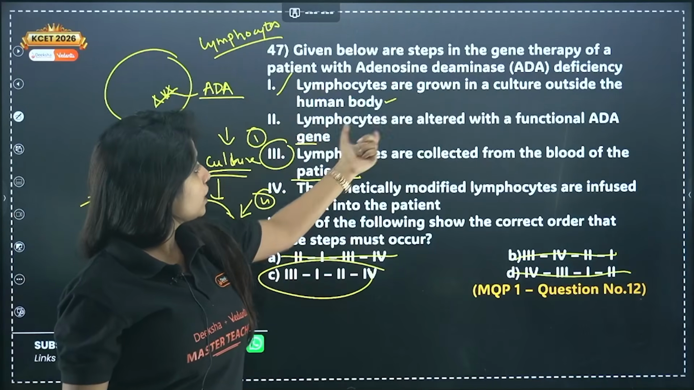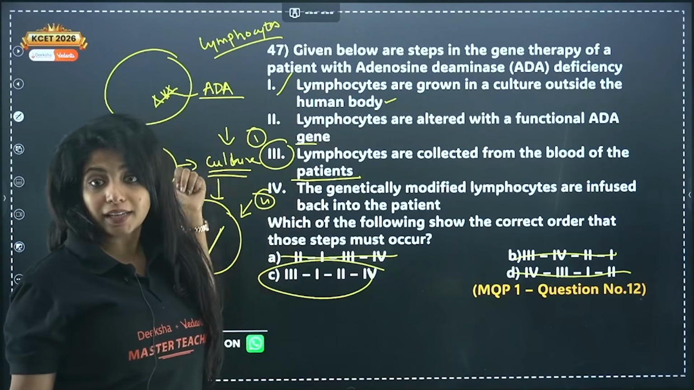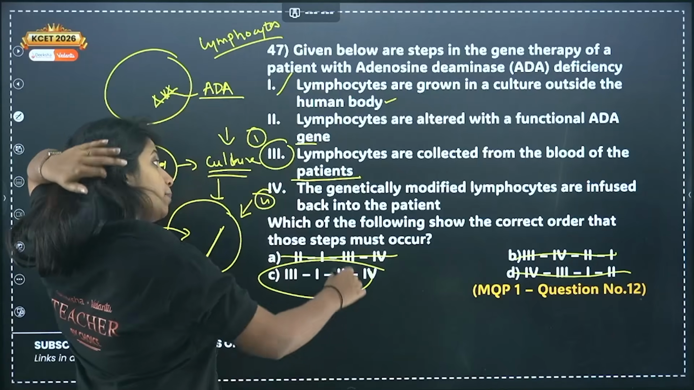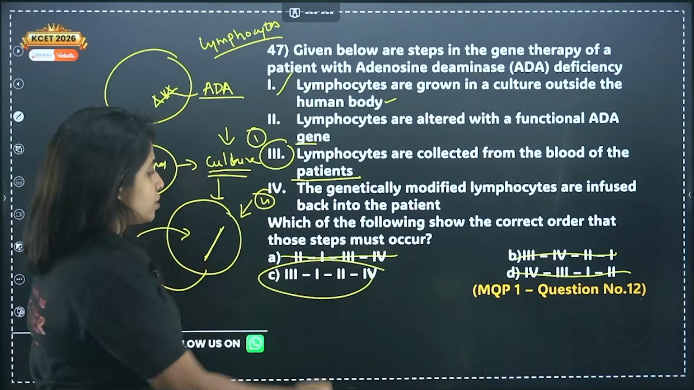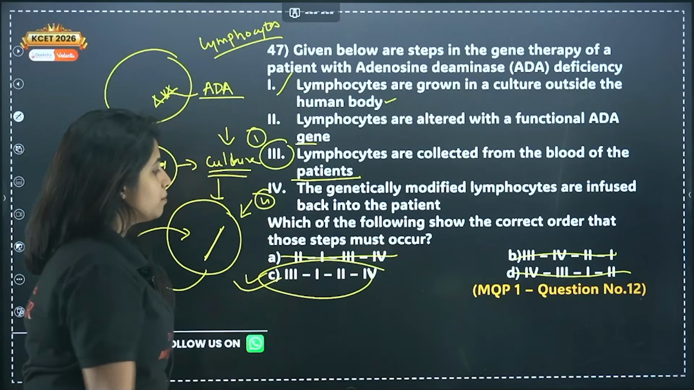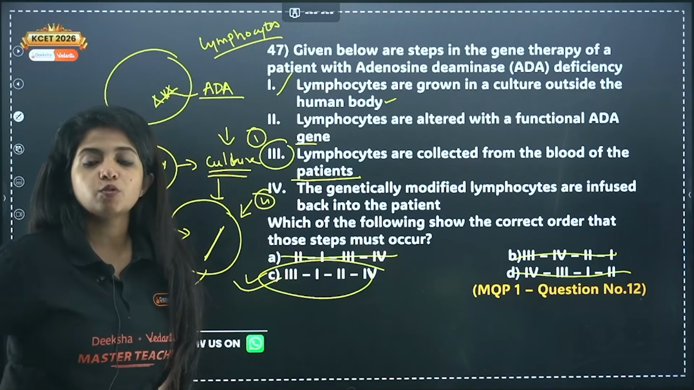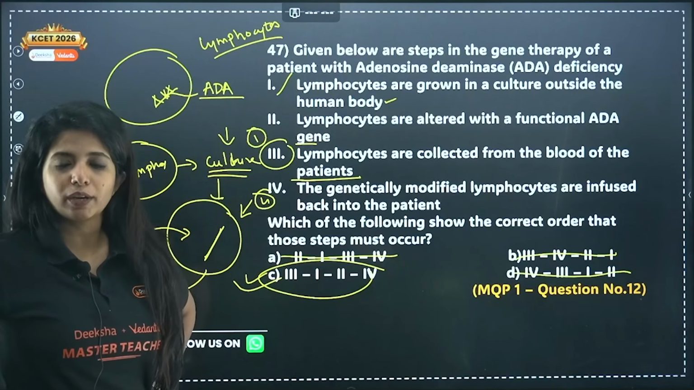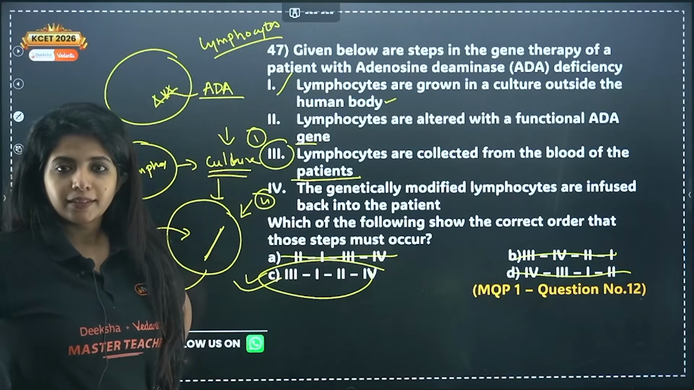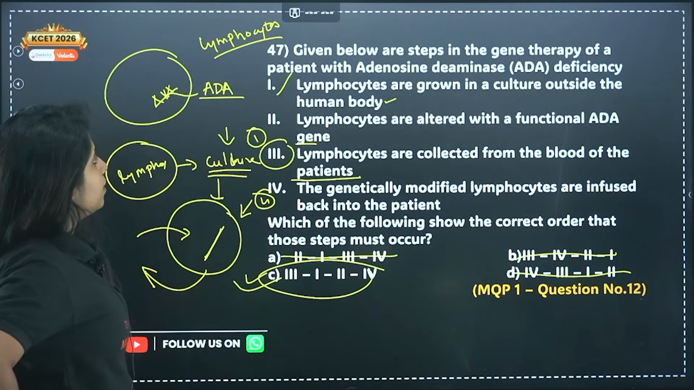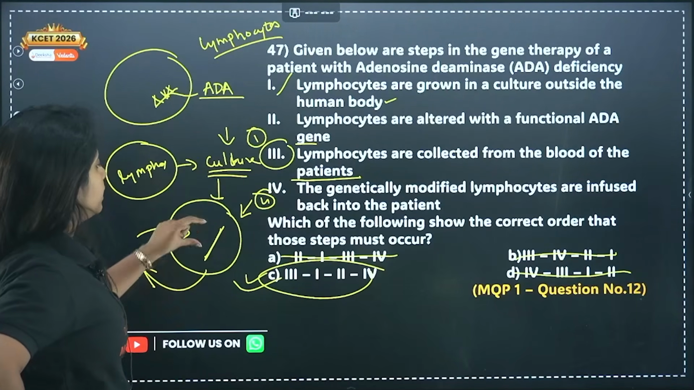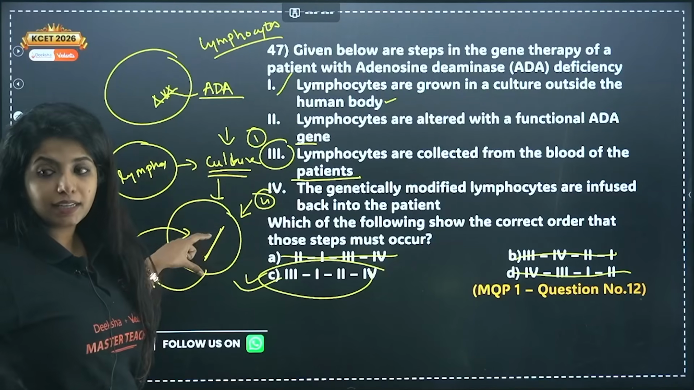Then lymphocytes are altered with the functional ADA gene. Yes, it is. Then, my dear children, what happens? Genetically modified lymphocytes are infused back into the patients. So what becomes my correct answer? C becomes my correct answer for this particular question. Got it? Cool? And also please do not forget that the type of gene that you are inserting is